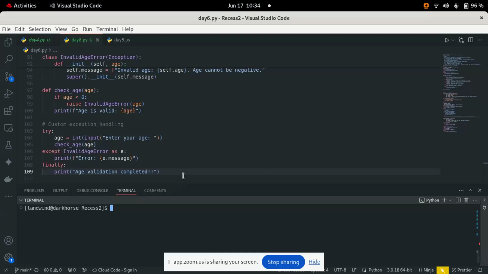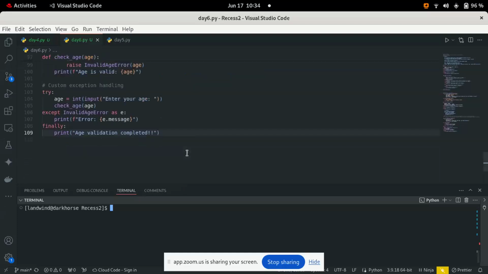Then in my except block, I try to access the custom exception class error, and I print out the message on the screen that is triggered when my invalid edge error, that custom exception, occurs.